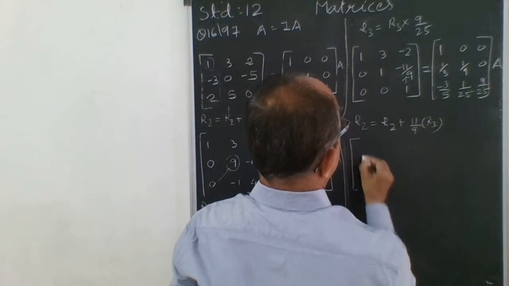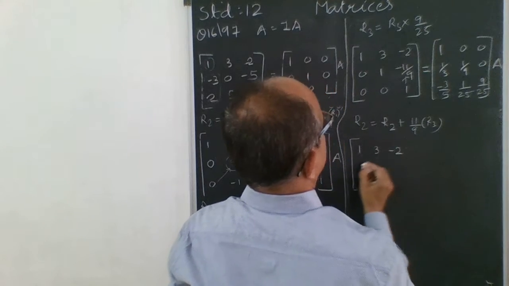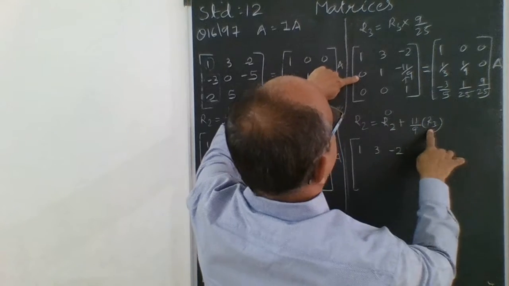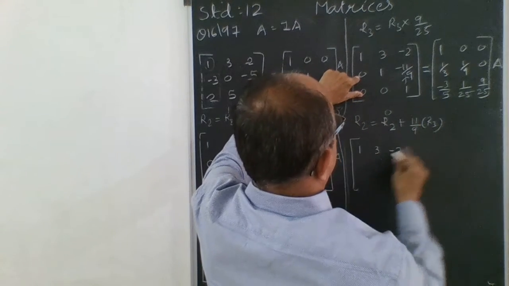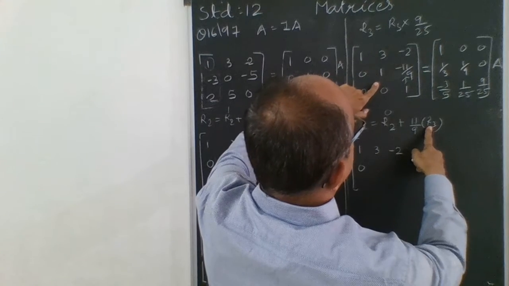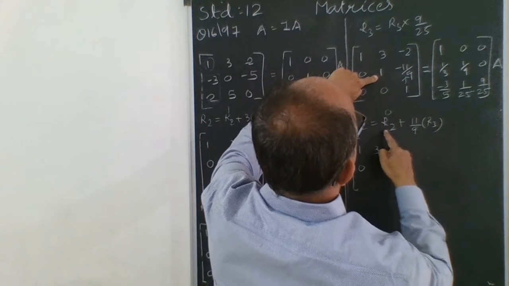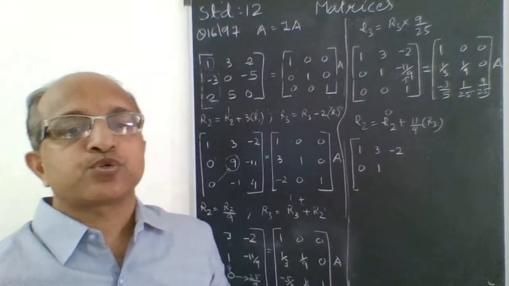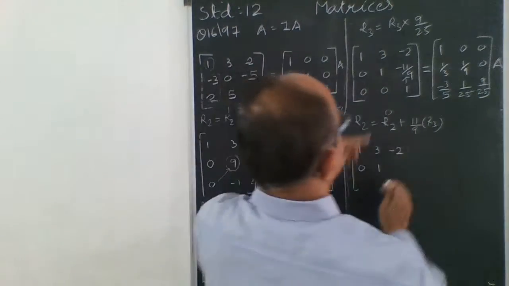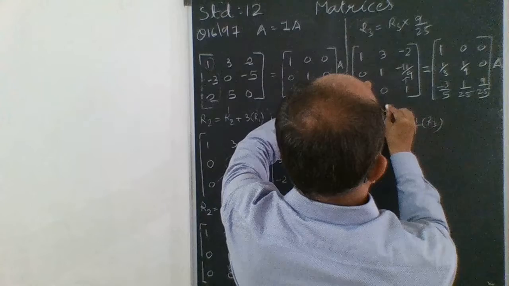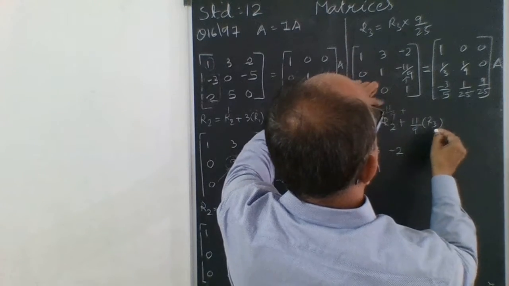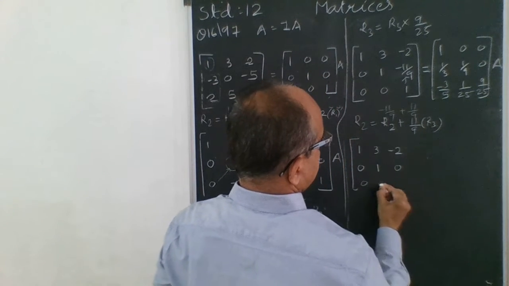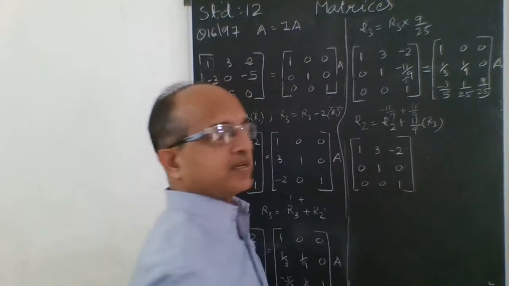Okay. So 1 3 minus 2. R2 we need to change. So here it is 0. R3 is what? 0. So that means it will remain as it is. R3 again here 0 and this is 1, so it will remain 1. We need to take care that 1 and 0 should not get changed. Then here R2 is minus 11 upon 9 plus this is 1, 11 upon 9. So that becomes 0, right? So now only this we need to make 0.